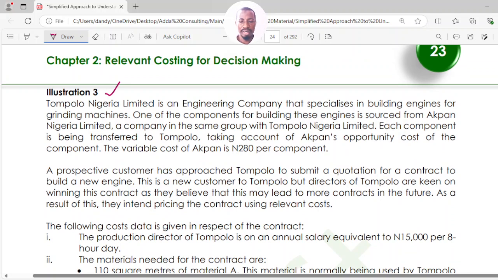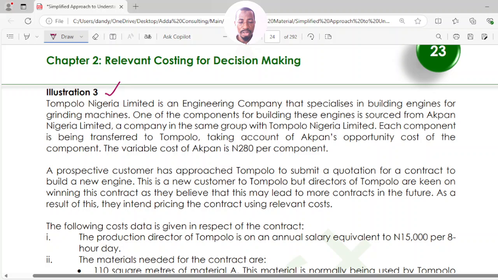Tompolo Nigeria Limited is an engineering company that specializes in building engines for grinding machines. One of the components for building these engines is sourced from Akpan Nigeria Limited, a company in the same group with Tompolo Nigeria Limited. Each component is being transferred to Tompolo, taking account of Akpan's opportunity cost of the component. The variable cost of Akpan is 280 naira per